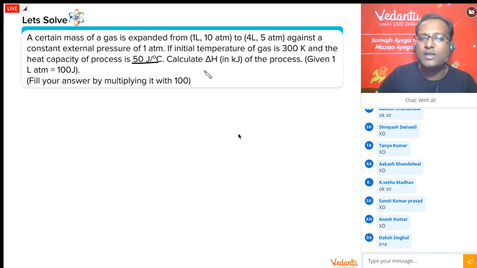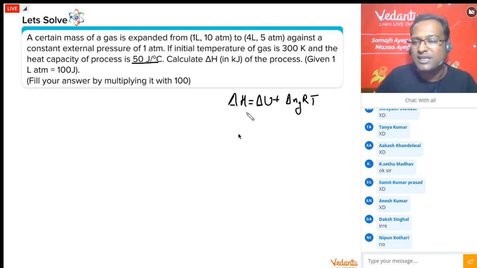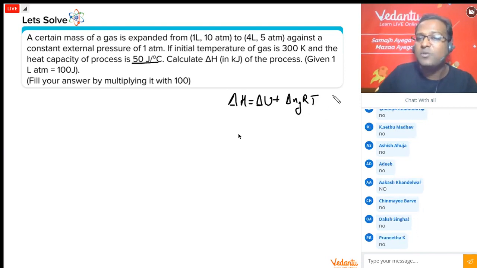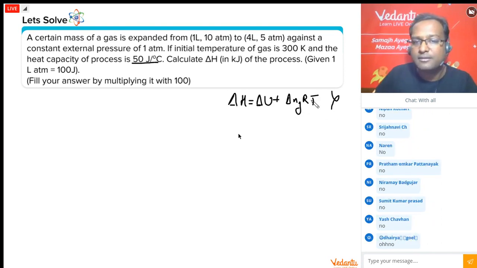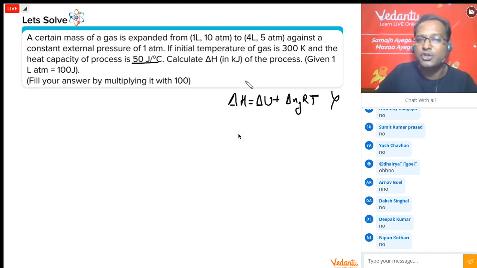So this is no reaction, right? This is no reaction. So will using this be of any help? This is not a reaction. So is this equation even valid? This equation is not even valid here. So don't end up trying to use this equation. It is valid only for reactions. I'm sure many must have tried this in the first shot.